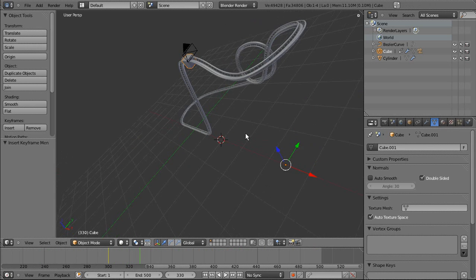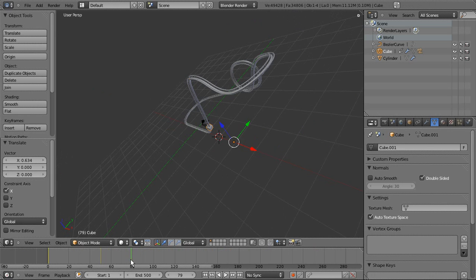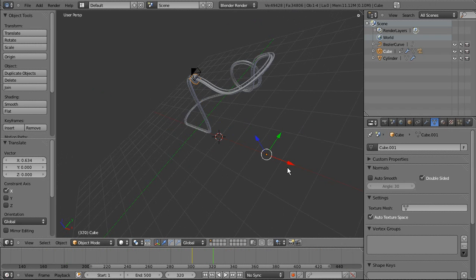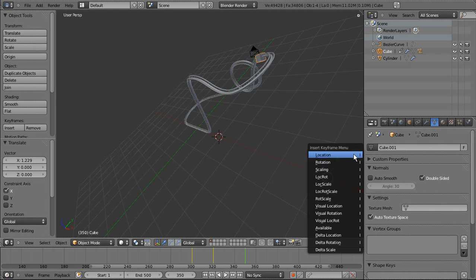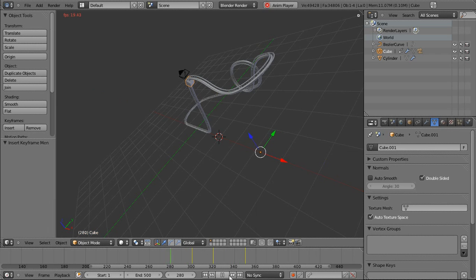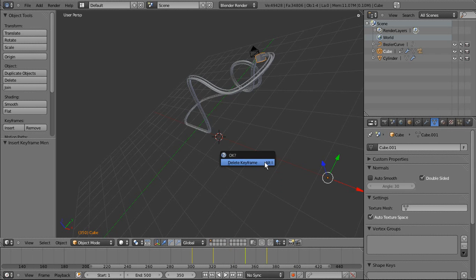So 15 frames later it should, I think, already be somewhere, or maybe 10 frames later. If we do it 20 frames later, it should be somewhere here. Now another 25 frames later it should be here, and let's see how it looks. It goes up and speeds up, and actually we make the distance bigger, delete that keyframe,